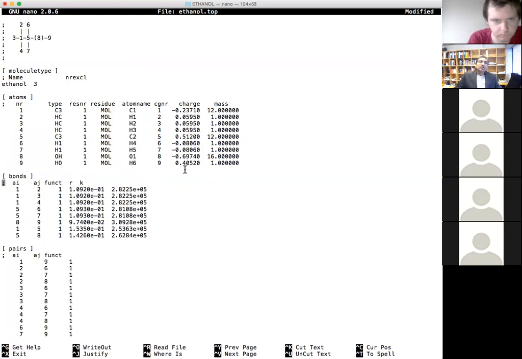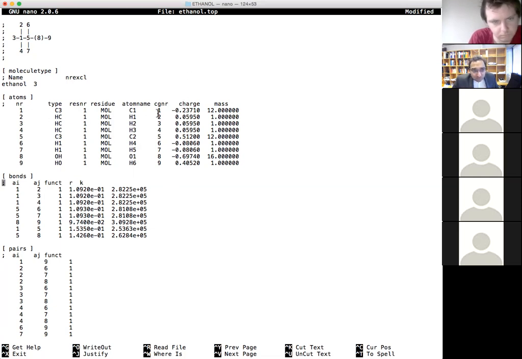So for each atom in this molecule, we assign a partial charge based on quantum mechanical calculations. So you can take ethanol and you can calculate the partial charge of each atom. And then you have to run some calculations of ethanol in water to make sure you get the properties of ethanol correct, such as its density and its heat of vaporization and so on. Also its free energies of hydration and so on. You don't have to worry about that. But this column gives you the partial charge of each atom.